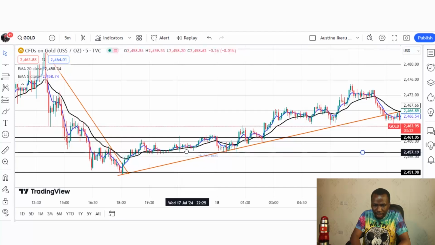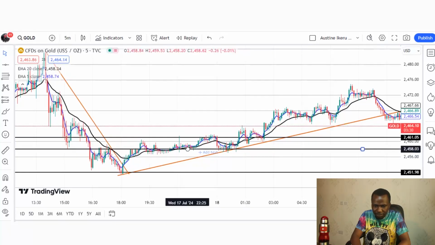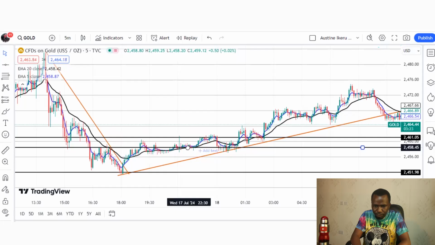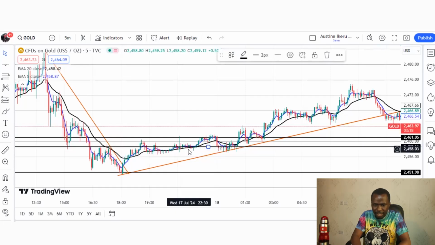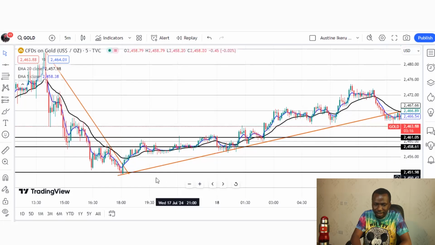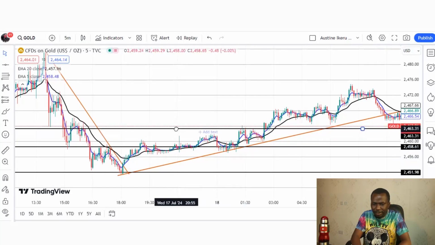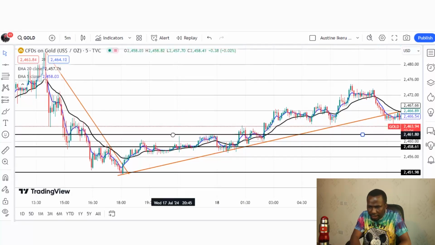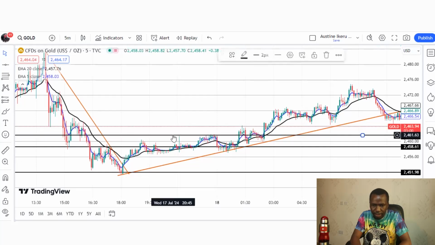right? This time around our buy trade is going to be somewhere here, because this is where the market closed. As the market closed here, we enter another buy trade here, and our stop loss is still below the support level, right? It's still below the support level. Then we target another 30 pips as our take profit. So 30 pips is going to be somewhere here, somewhere here, right?